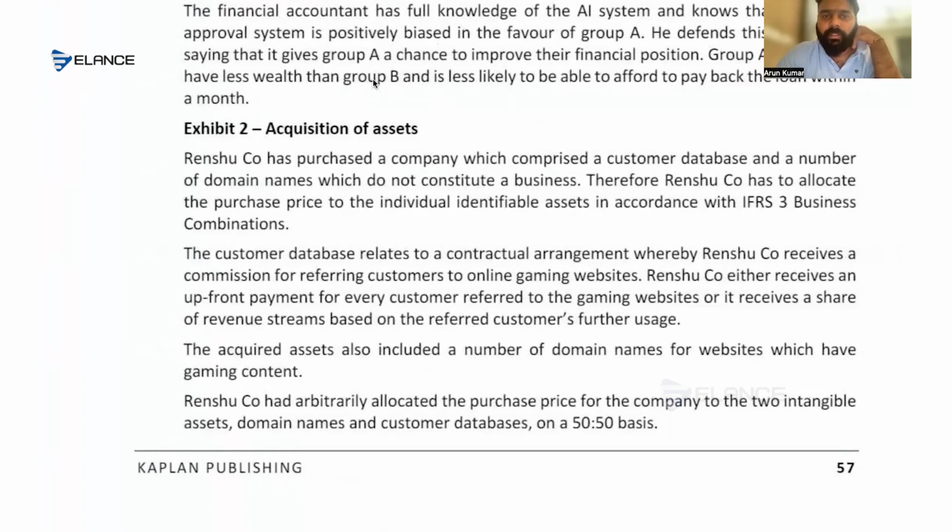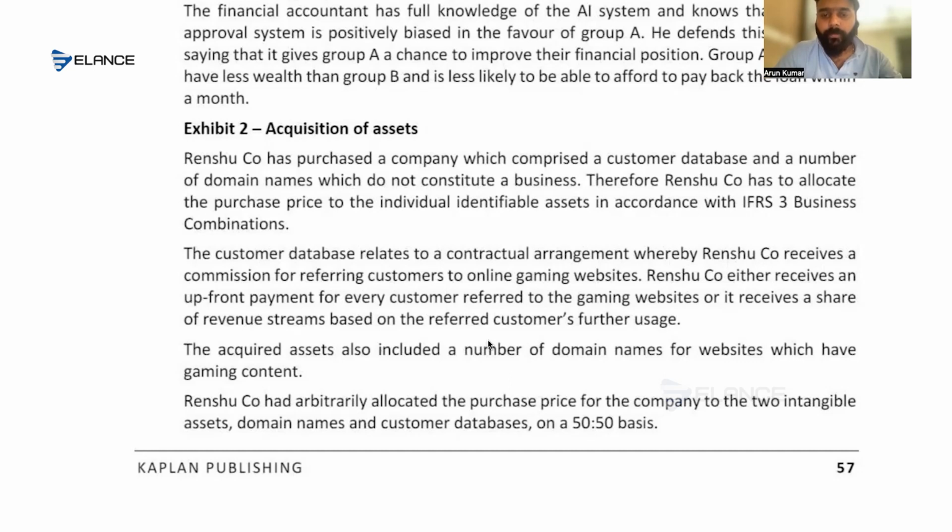Yes, it's an acquisition of assets, because the business purchased only comprises some database and a number of domain names. So we are actually purchasing two types of intangible assets: the customer database and the domain. Therefore, the company has to allocate the purchase price to individual identifiable assets in accordance with IFRS 3. The customer database relates to a contractual agreement whereby Renshu receives a commission for referring customers to an online game website. So Renshu either receives an upfront payment for every customer referred to a gaming website, or a share of the revenue stream based on